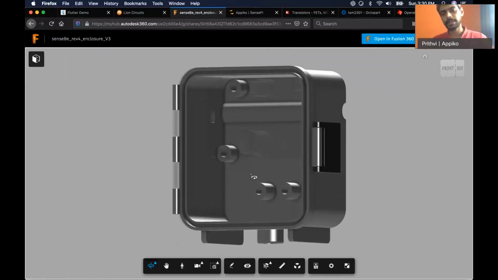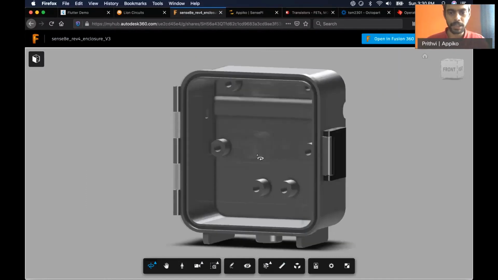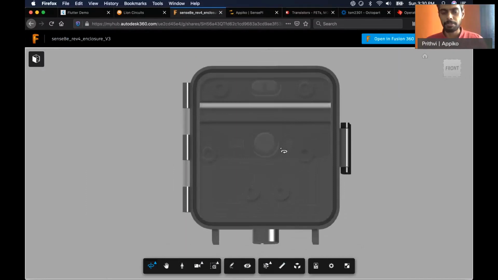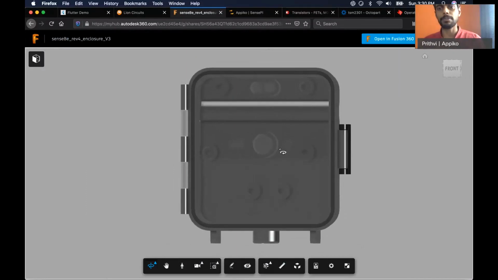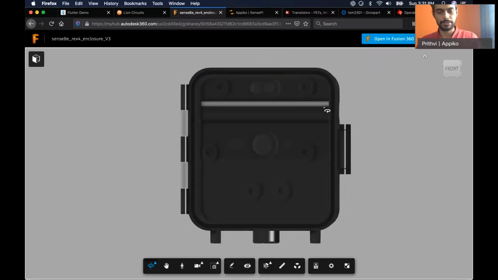In your 3D printing, you can do FDM 3D printing initially to have a rough idea of how the various parts come together. Then you can use SLA 3D printing, which is even more expensive, but is quite precise. And then once you're sure of your design, you can use injection molding to mass manufacture.